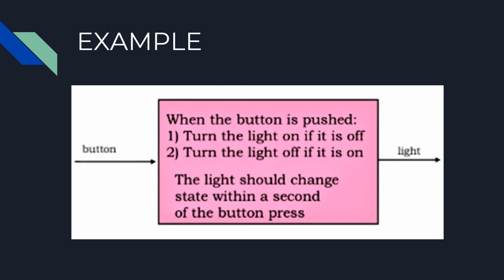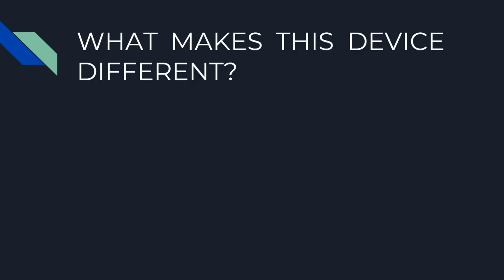The main point is what makes this circuit different from the combinational circuits we have discussed so far. The biggest difference is that the device output is not a function of the device's current input value. The behavior when the button is pushed depends on what has happened in the past. Odd numbered pushes turn the light on, even numbered pushes turn the light off. The device is remembering whether the last push was an odd push or an even push, so it will behave according to the specification when the next push comes along.